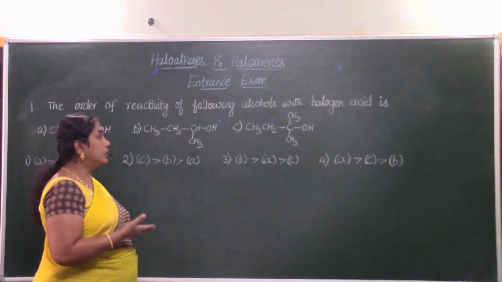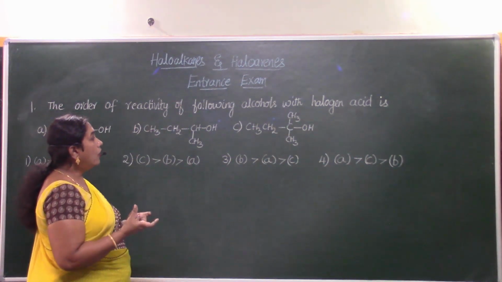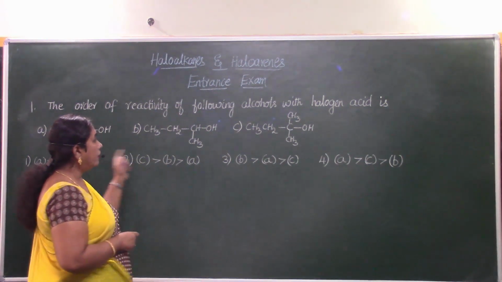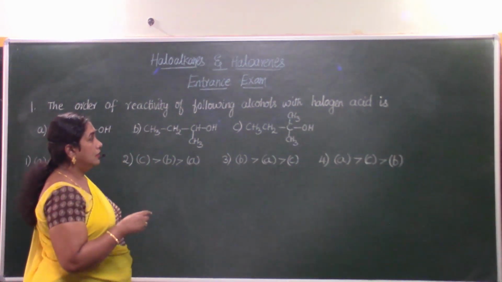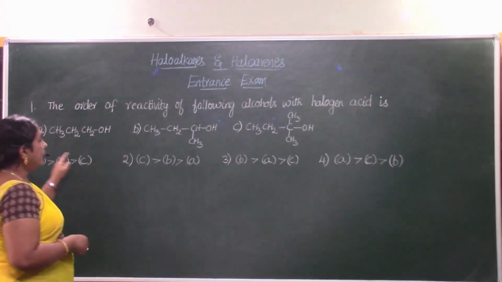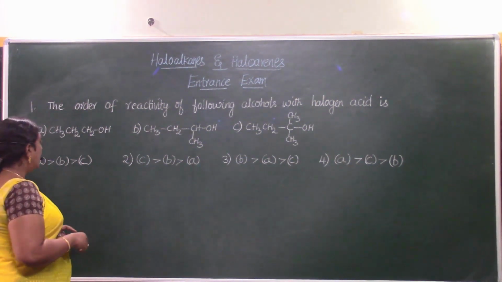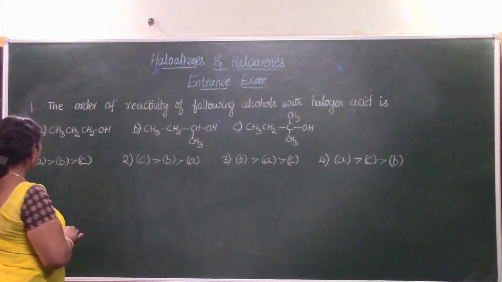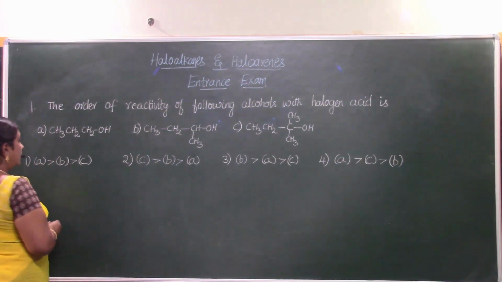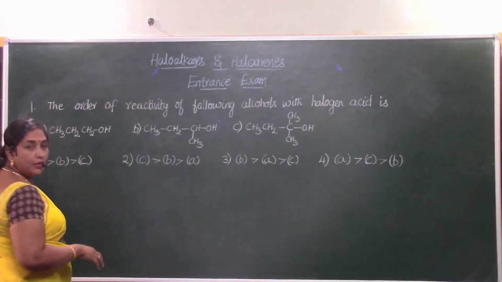Halogen acid, HCl, HBr or HI, we are talking with respect to this. What will be the order of the reaction of these different alcohols given to us with halogen acid? So we are having these three alcohols and these are our options. Now let us look into these alcohols first. So let's try to name this and recognize what type of alcohol are they before we can come into this